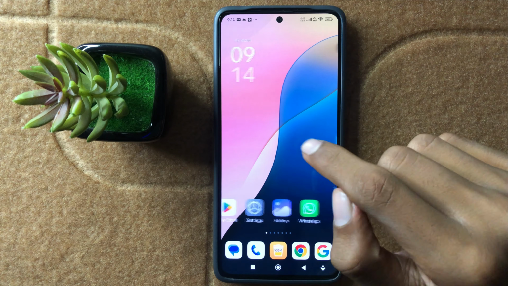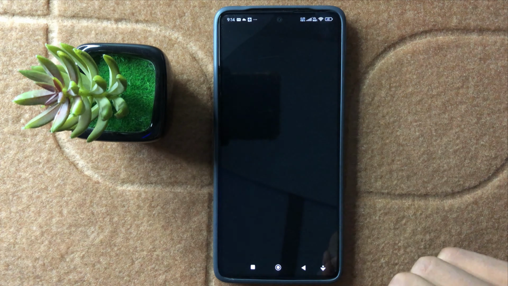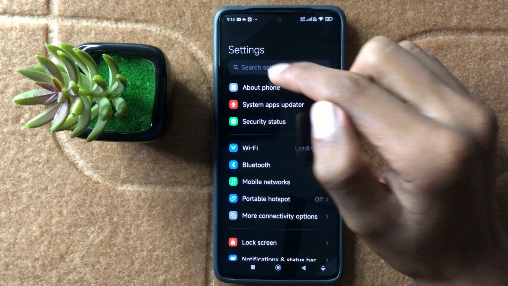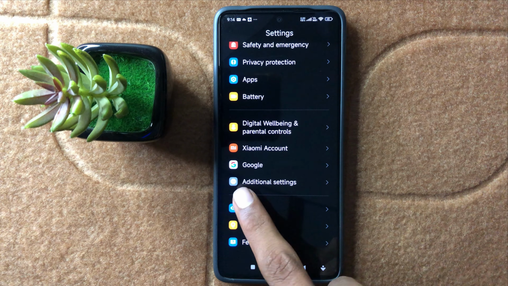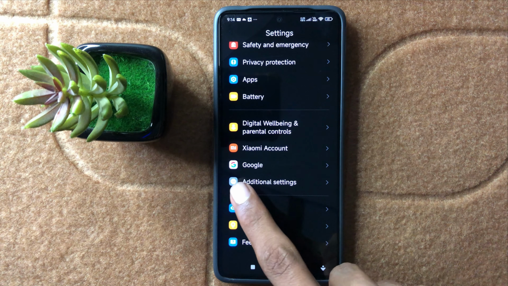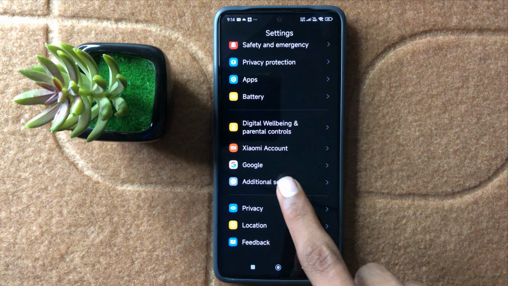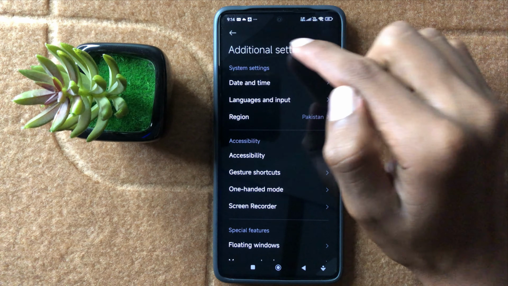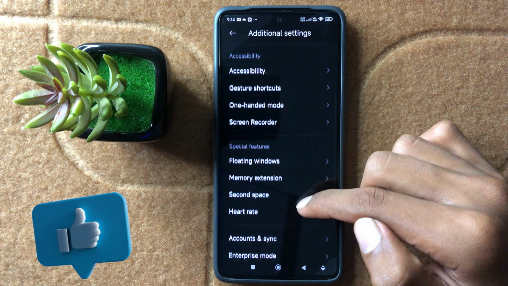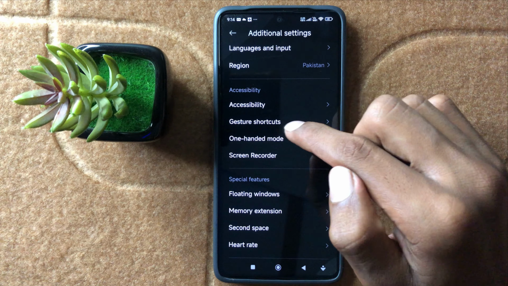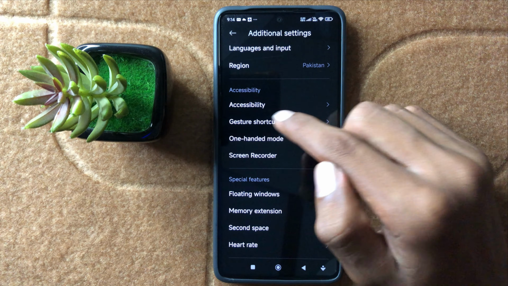First of all, open settings. In settings, scroll down to the last and here you can see the option additional settings. Now click on additional settings. After clicking on additional settings, scroll down and here you can see the option gesture shortcuts. Now click on it